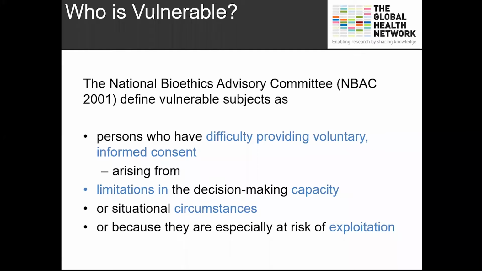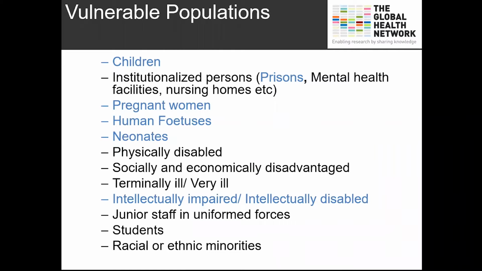And we all know that the historical atrocities, as we call them, led to the numerous guidelines that we now have, at international levels, at regional levels, and even at institutional levels. Most of the people who are involved in research studies can actually be defined as vulnerable. So most of these things that are being put in place are meant to provide protection to the vulnerable population. And this is a list that I had shared for vulnerable populations.